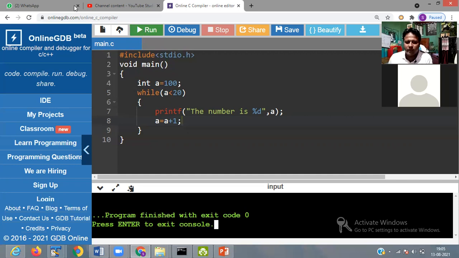But now we go for a do while loop. Do while loop means first it executes the statement and then the condition will be checked. So write it.